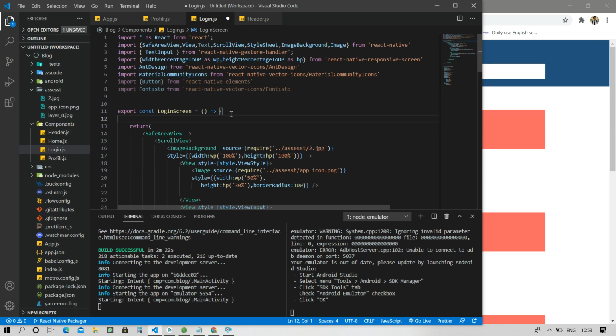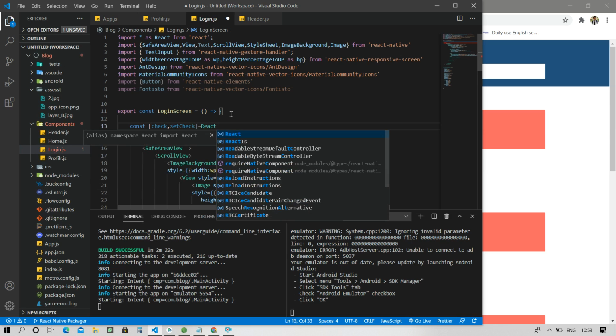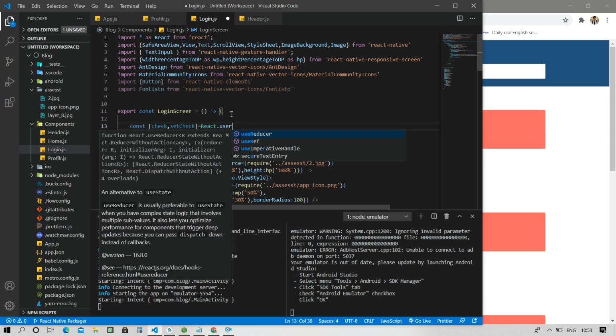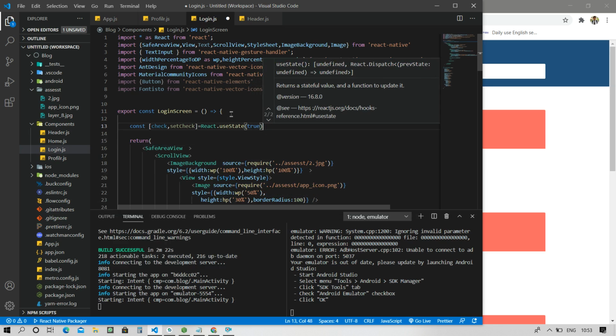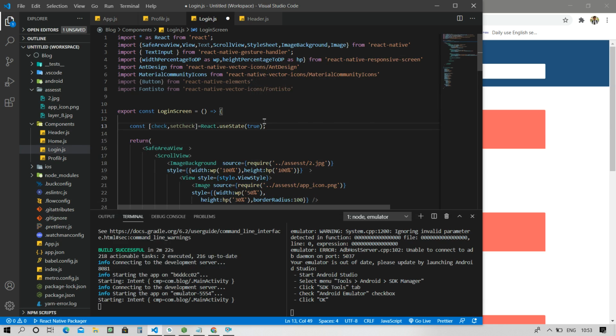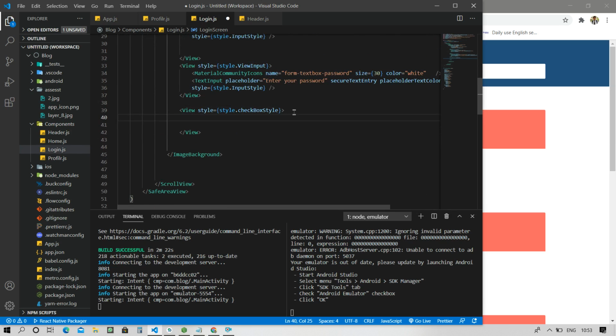So I am creating a hook here: const check, setCheck. Now I am writing a React hook, React.useState. We are using useState and giving a value of false. Okay, now it's a false value. And here I am going to create a custom icon.